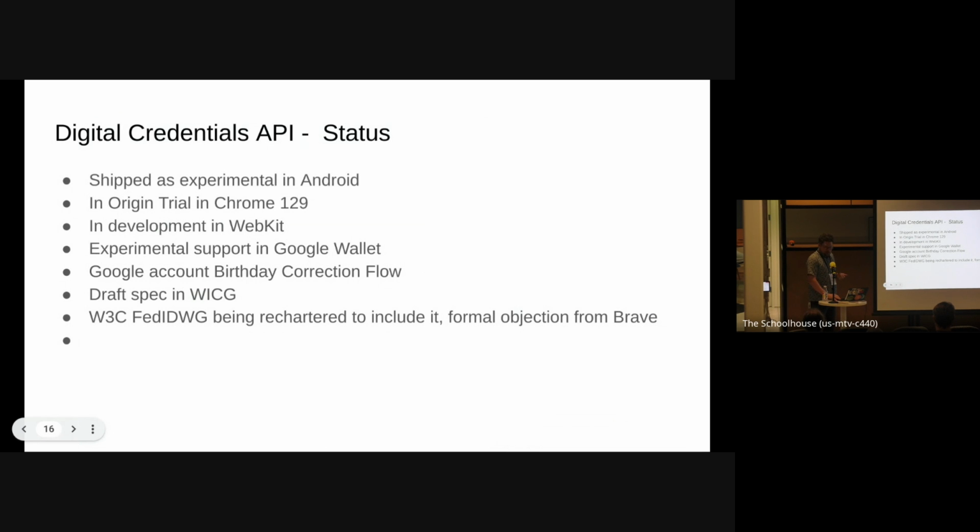We have a draft spec that we've been working on, the WICG. And a couple months back, we started a process to recharter the W3C's Federated Identity Working Group to include this. Brave has had a formal objection. And it's actually interesting. We had a great talk at TPAC. The things they're worried about, all the negative consequences of government identity online, are all the things we're worried about. And I think most of us, including Mozilla and Apple and many others involved in this work, just think we can mitigate those risks better by having a web API rather than this whole ecosystem developing without using any web API.